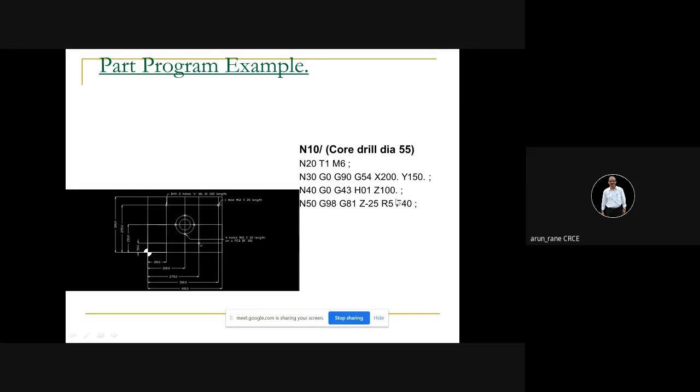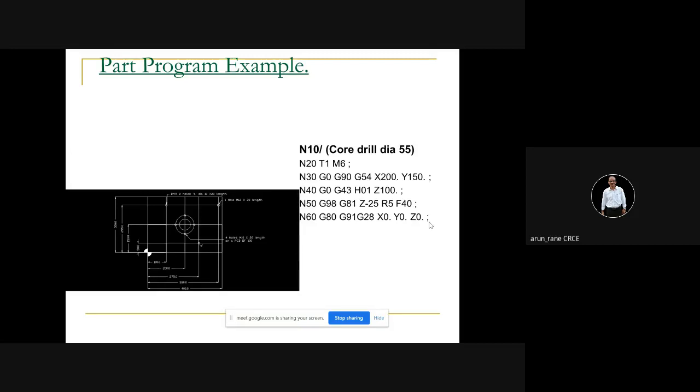So that's why it is safe to move the tool up, maybe 100 or maybe 50. 50 is just sufficient. And that's why we use G98. But if the upper face is clear, that is, if there are no clamps at all, then you can very well go for G99. You can very well move your tool rapidly above the workpiece surface at a level of 5 mm. Absolutely no problem. But be safe, be a safe programmer.